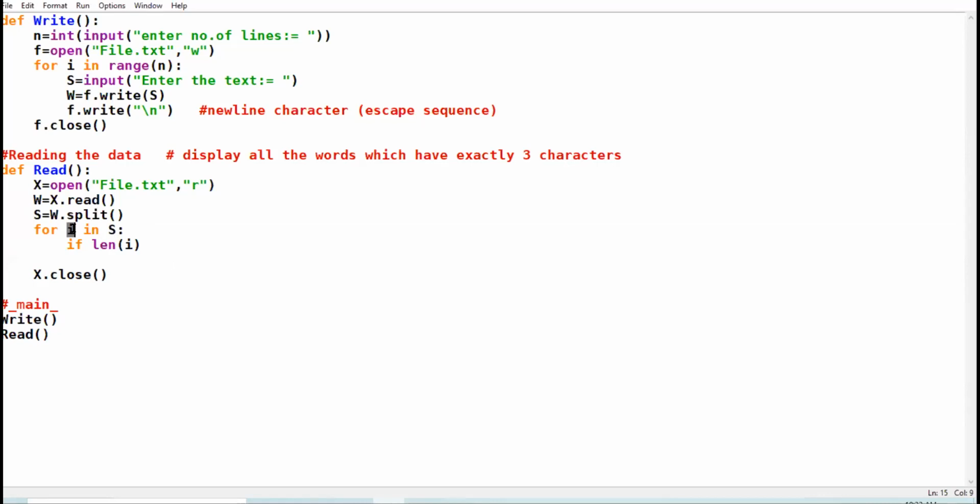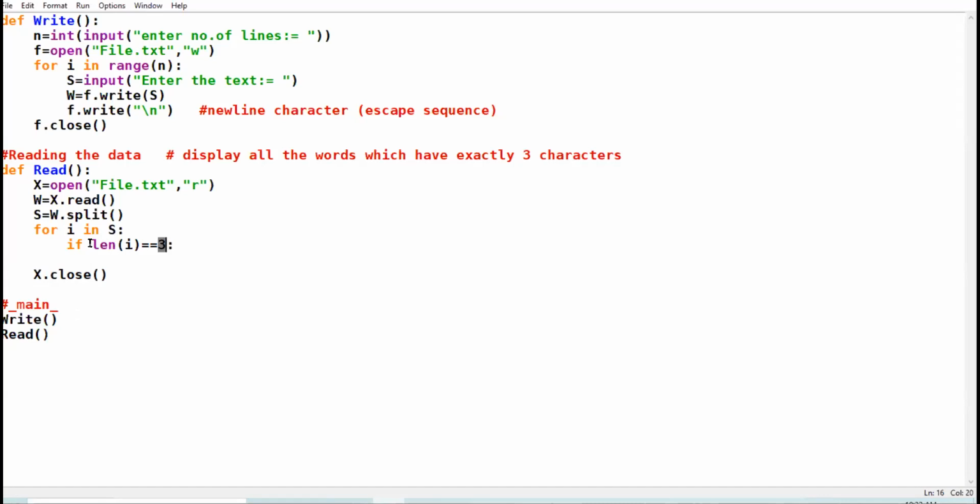So we are going to check the length of each word. If length is equal to 3, if the length of the word is equal to 3,